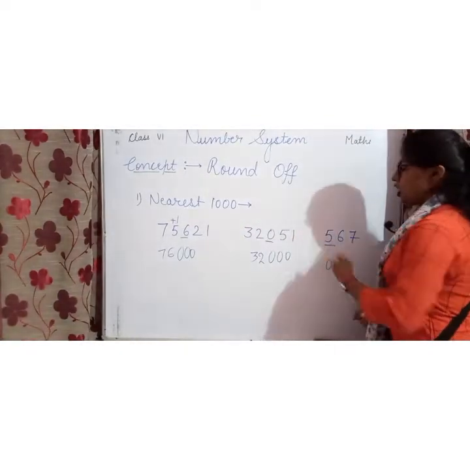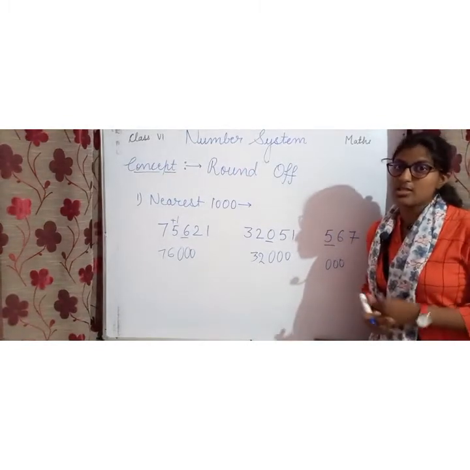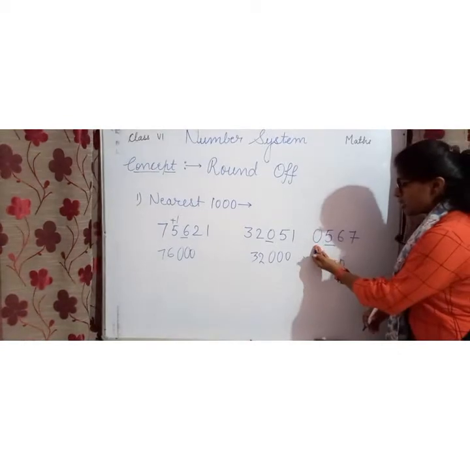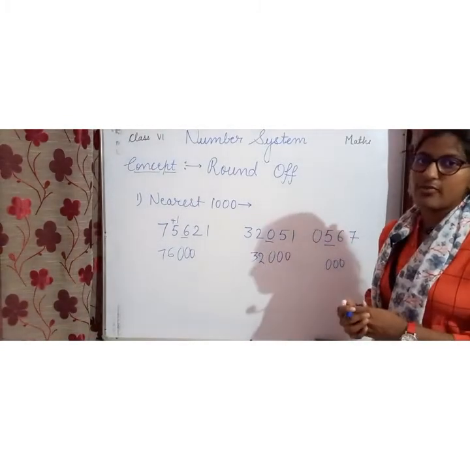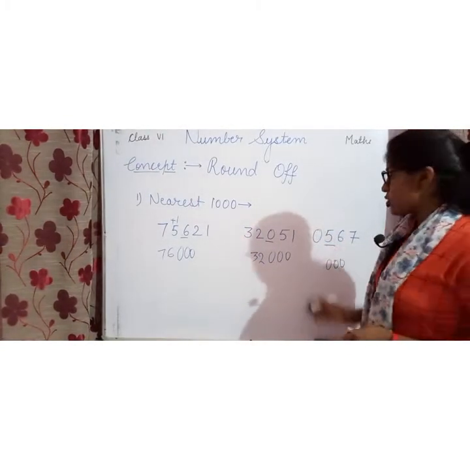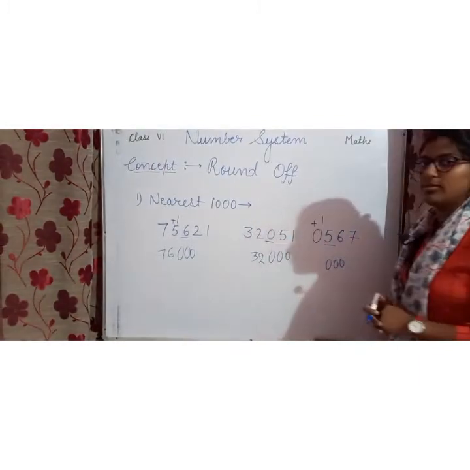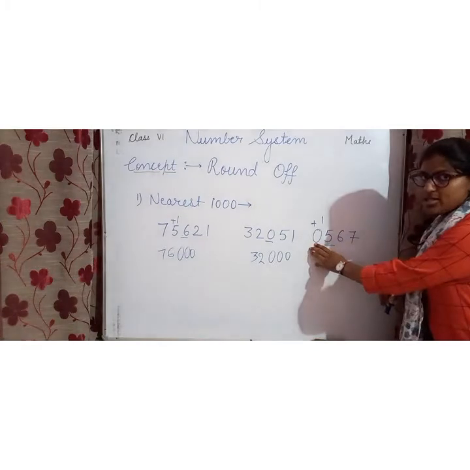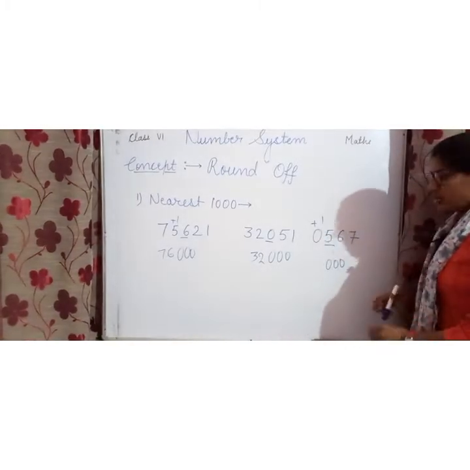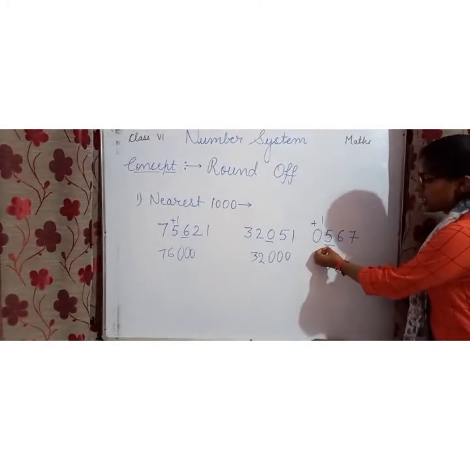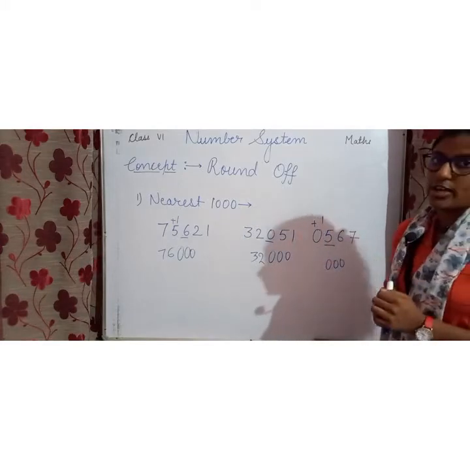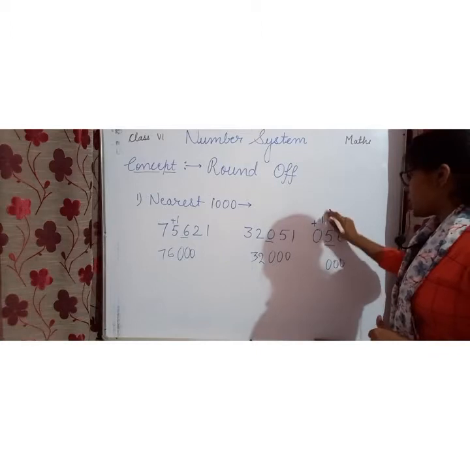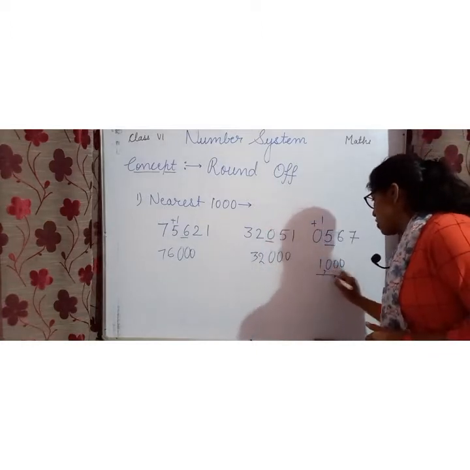But you can see here no digit is at the 1000 place. So we can take that digit as 0, because when you write 0 before a number, there is no change in the value of that number. So increase the 0 by 1. Clear? Again I am explaining. You do not have a 1000 place digit, so we can put 0 there. And we are checking that the 100 place digit is equal to 5, so we will increase the 1000 place digit by 1. So 0 plus 1 is 1. So 1000 is your rounded off number.